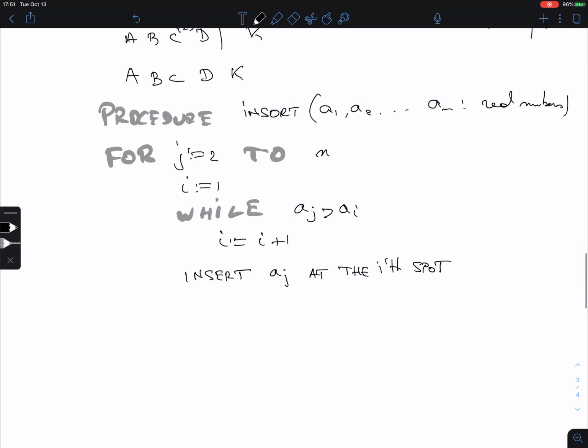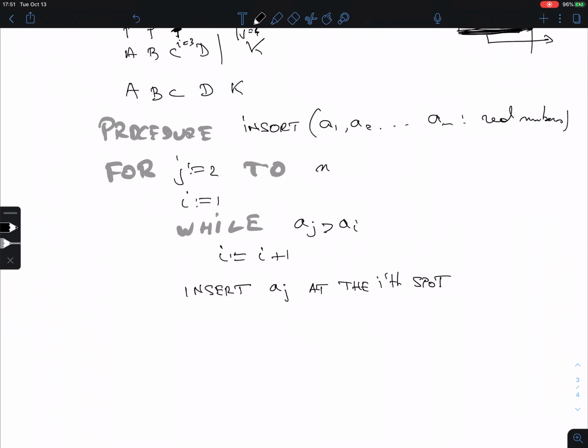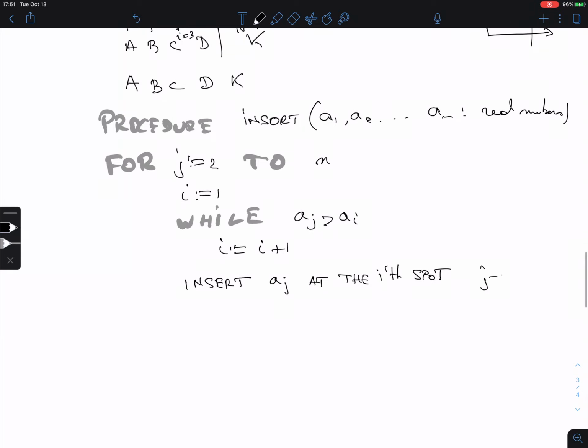So how many are left here? Well, the difference between J and I, right? So this takes about J minus I steps. And then actually plus 1, because I also have to put AI on its spot. That's a small thing. No, I'm not going to consider this. So J minus I steps to do this insertion. That's annoying, because